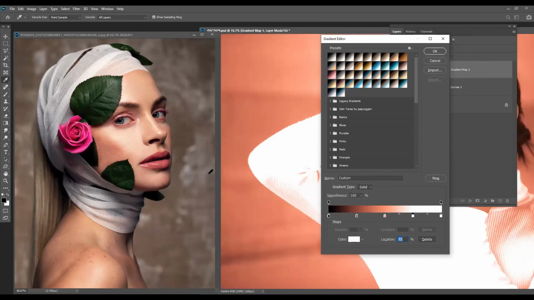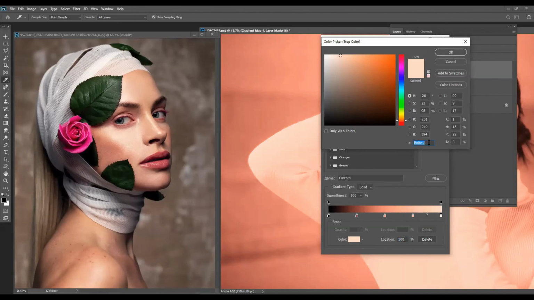Then I will go to the highlights, and then the most highlights of the image. You can always double click on the colors and see the color values of the hue, saturation, RGB, and make changes in it.